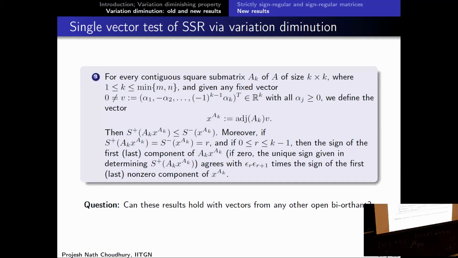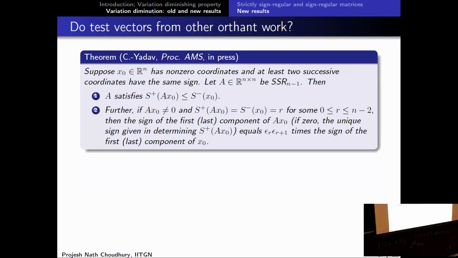Now, look at the way this vector is constructed: we are taking this vector from the alternating biorthogonal. So the question is, can you take vectors from any other biorthogonal and characterize strictly sign regular matrices of a particular sign pattern? The answer is no, and in fact we prove something more. The result is that if we take any vector where all the coordinates are non-zero, and at least two successive coordinates have the same sign, so basically we are avoiding the alternating sign pattern,